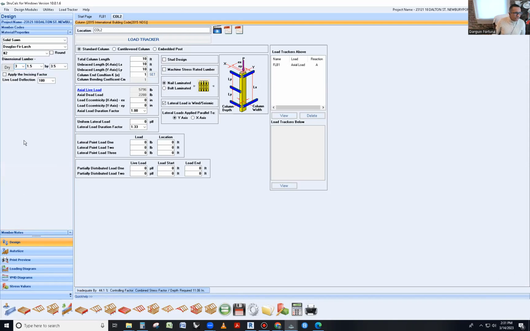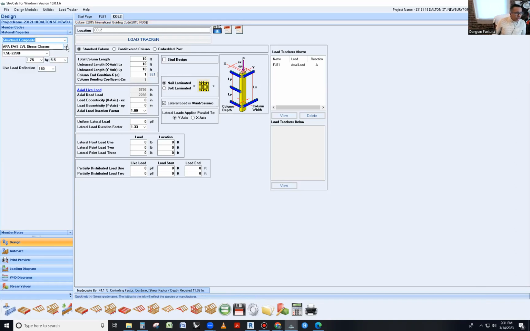And it turns out that that particular triple 2x4 will not pass under these circumstances. So you go back to materials right here. You're going to say, well, it doesn't pass. What do we do? You could go to a structural composite, or you could go back to the solid stone and find other options within that. So this was three 2x4s, 1.5 by 3.5. So what about